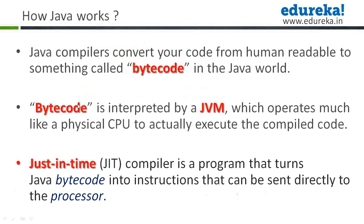Now let's understand how Java works. First of all, Java compilers convert your code from human readable to something called bytecode in Java. That is, the .java file gets converted into bytecode using the Java compilers. After that,